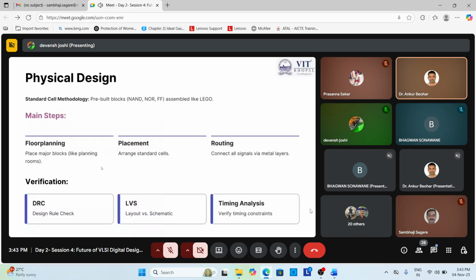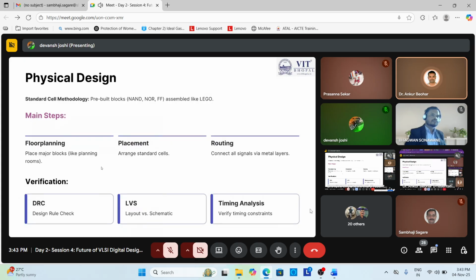Now we'll come to timing analysis. Timing analysis in VLSI is basically to ensure a digital circuit meets its speed requirements, and in particular that all signals arrive at their destination within the allocated time. That is more important. The most important methodology under timing analysis is STA, that is static timing analysis,